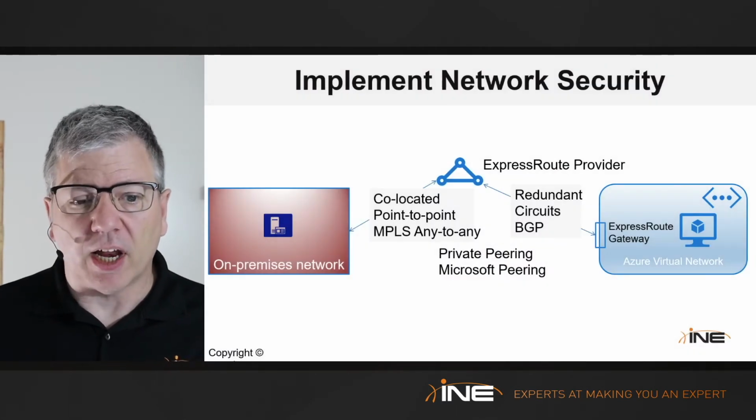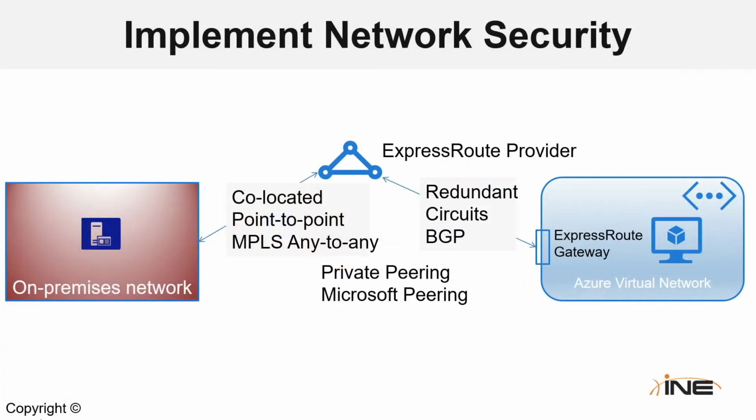The first topic area is implementing network security. In this topic area, we're going to talk about virtual network connectivity, different options for that, how to manage remote access. We're also going to take a look at some remote access and network control features such as Azure Front Door Service and the Azure Firewall, as well as actual firewall appliances that are available within the Azure environment as well. And we'll also look at network security groups and application security groups and understand what they are and how